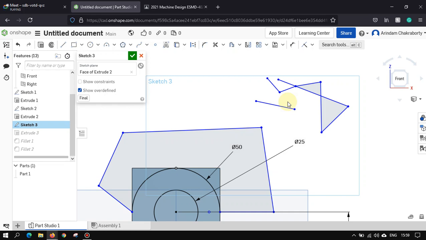Now let me tell you, there's one more very simple function. If you need to delete all these lines at once, just select like you do in a computer, in the normal operation of a computer. You don't have to use trim, just select like this and press delete, just like you work in a computer. It's not a hard thing to do. Clear?